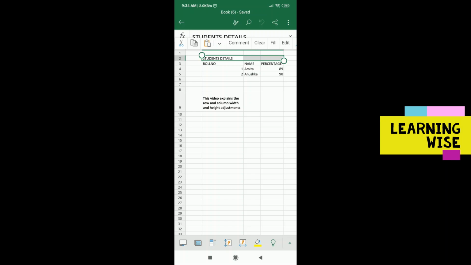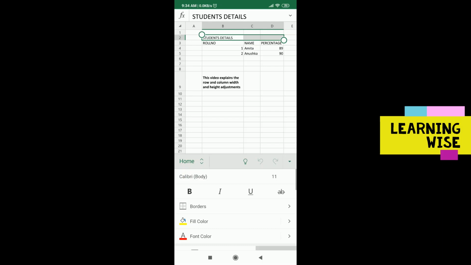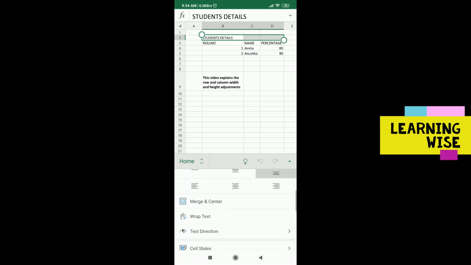So I'm using these three cells in order to merge and center student detail. Once you have selected, you simply drag using your finger and then go to this arrow. Under the home tab you will find this option of merge and center. Click and you will see the magic here. Now this has converted into one single cell and it is appearing like a heading.